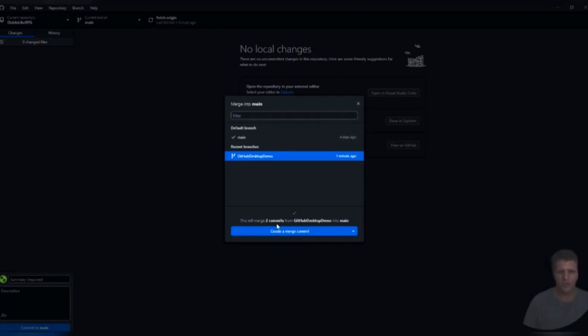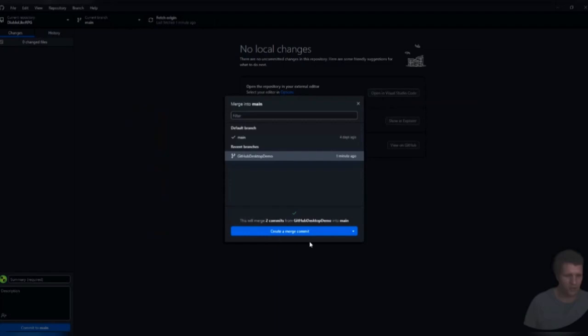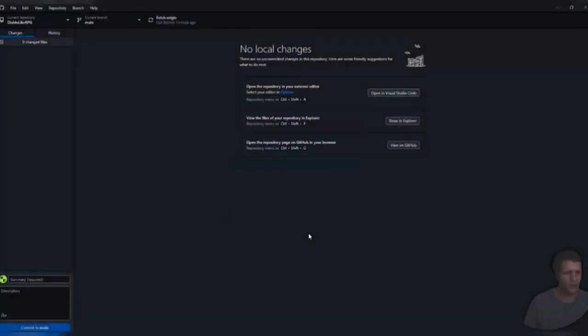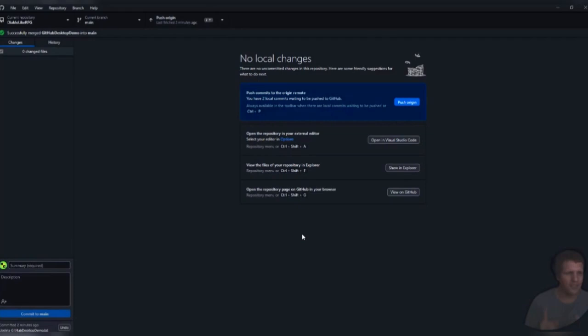Well, the first commit was when I created the GitHub Desktop Demo text file with the hello world inside of it, and the second commit was when I updated the GitHub Desktop Demo text file with goodbye world. So now we can see that I'm still on the main branch. There is still no text document here, and if I click create a merge commit, it will now combine those two files, and this is where you will have trouble